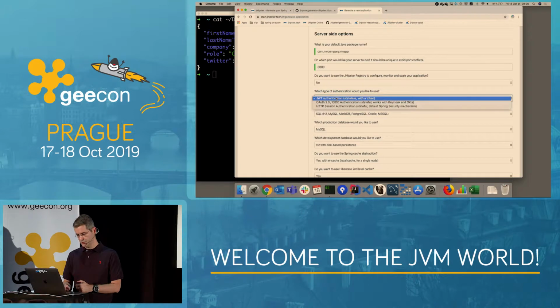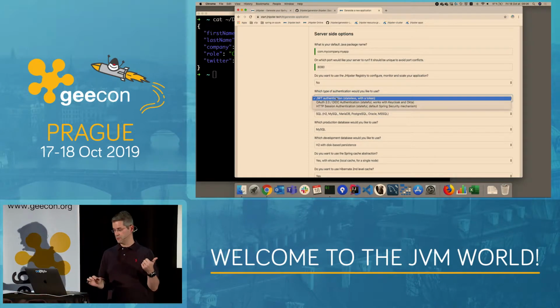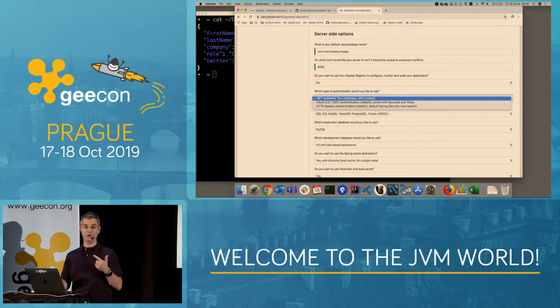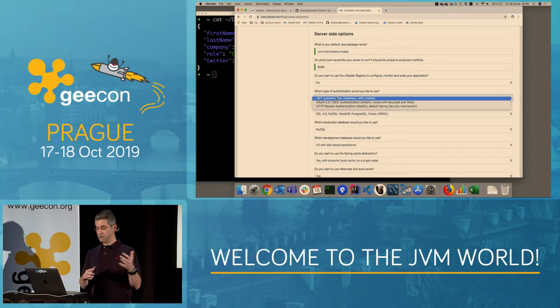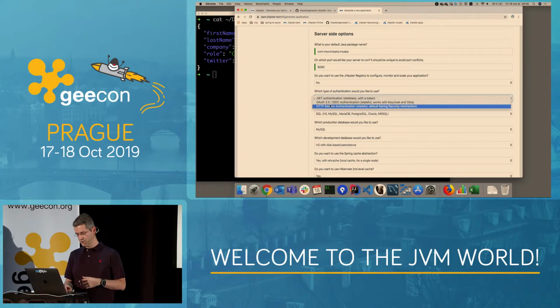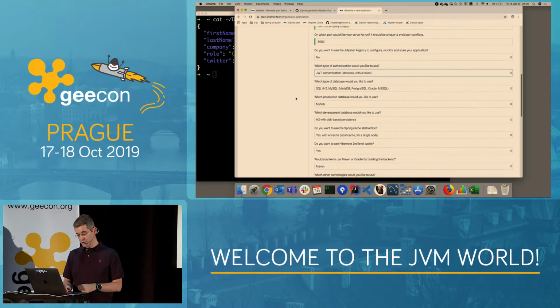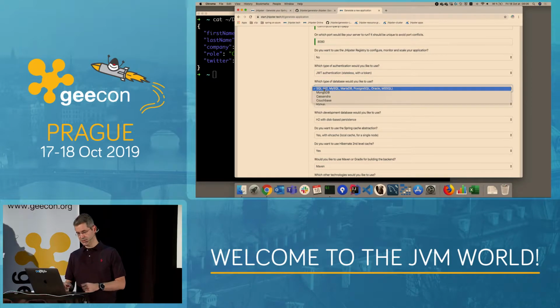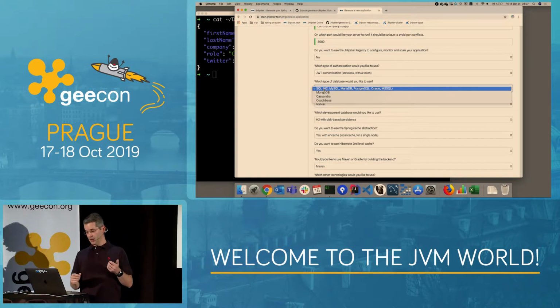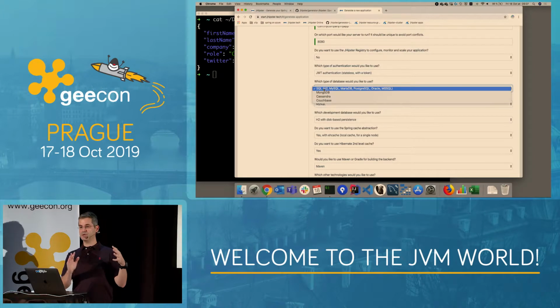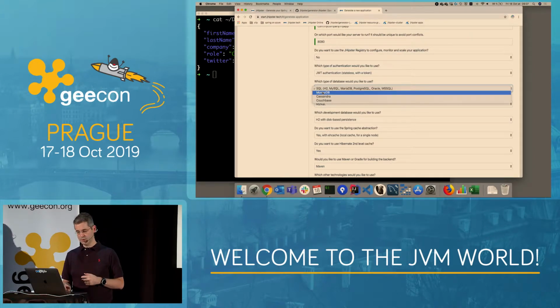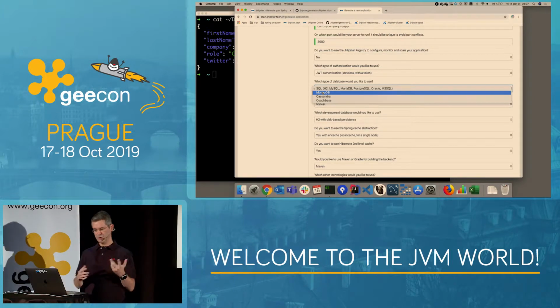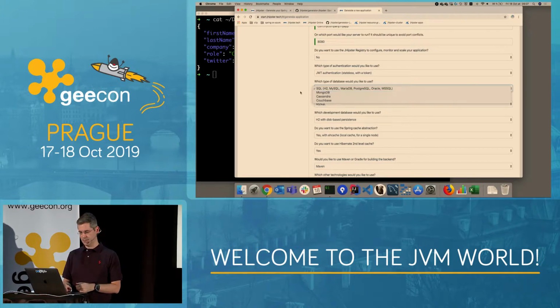For security, we support JWT tokens. We support OAuth2 with things like Okta or Keycloak. And we support old school HTTP sessions. Nobody uses those anymore, but still available. We support a lot of databases, either SQL databases or NoSQL databases. I will stick with SQL to have something, let's say, usual. MongoDB is quite popular also with JHipster users. Cassandra and Couchbase are more specific, mostly for people doing microservices, I guess.